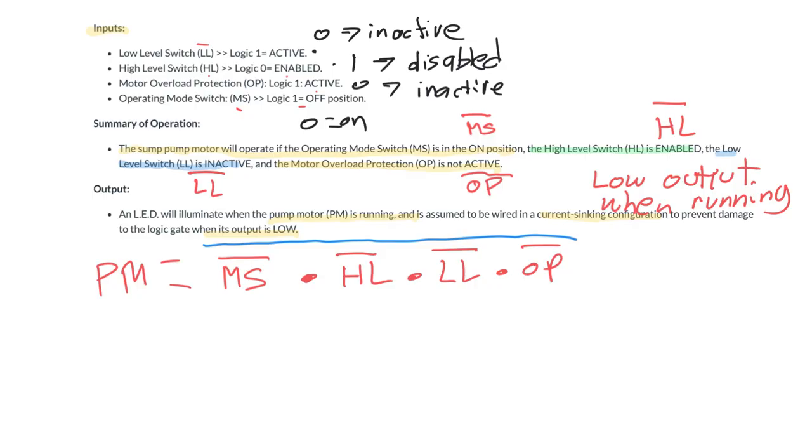And therefore what you do is you break the bar and change the sign from AND to OR, or OR to AND. In this case it's going to be AND to OR. So that's then going to be M S